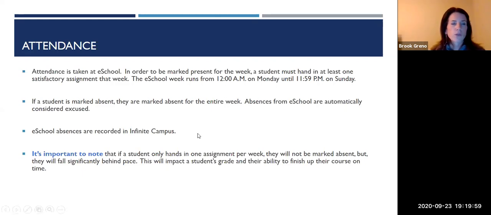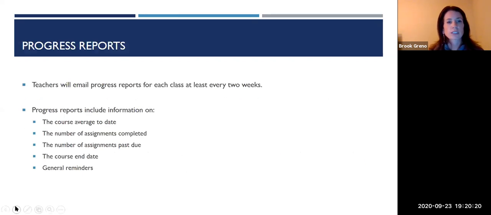It's really important though that just submitting one assignment won't have you finish the course on time. You know what I mean? That doesn't guarantee success. Just because you're not marked absent, if you're only doing one assignment each week, you will not finish the course by your end date, okay? So that's that minimum attendance requirement. So if you ever get any type of email that says you were marked absent, that's what that's referring to, is just successfully submitting one assignment each week.